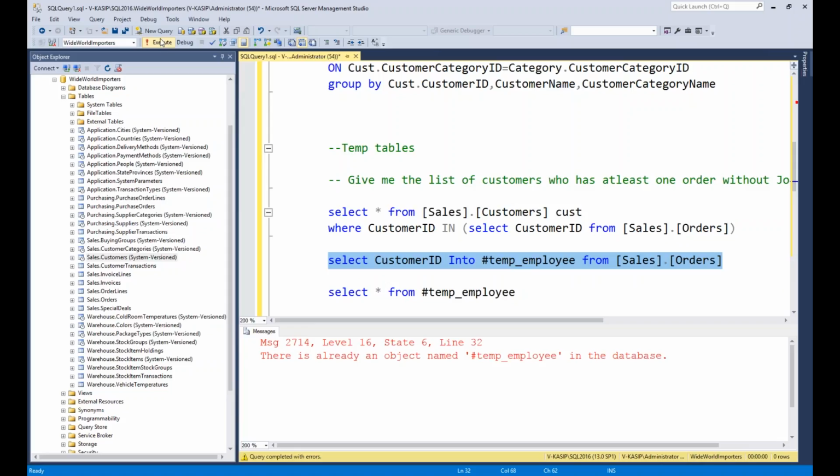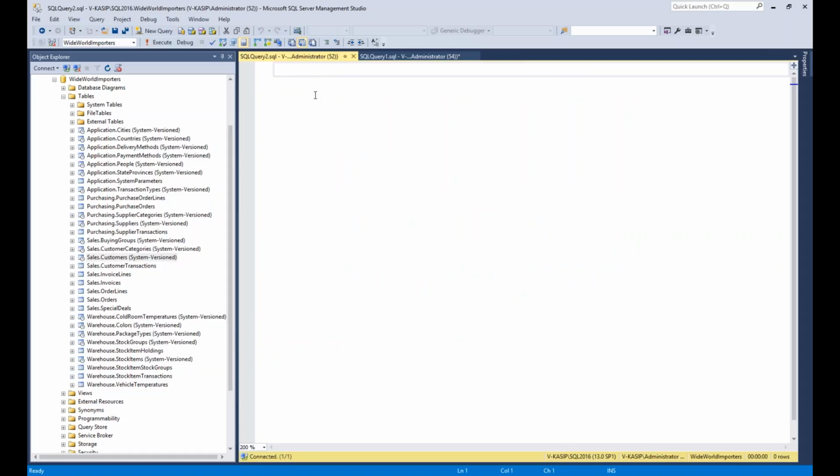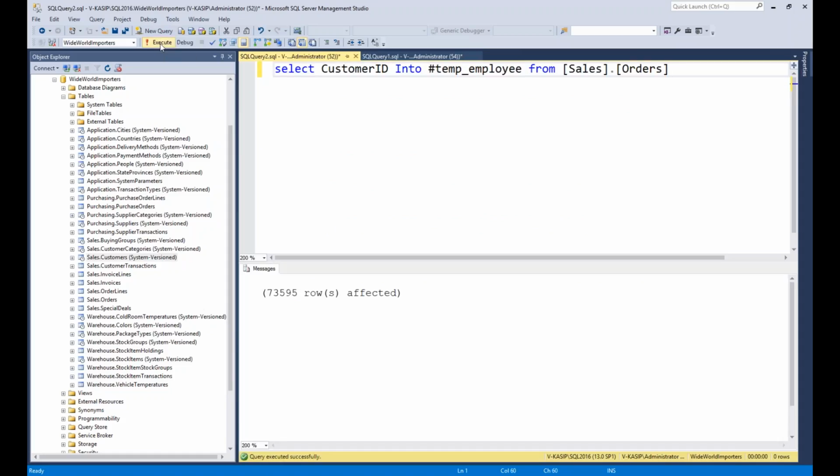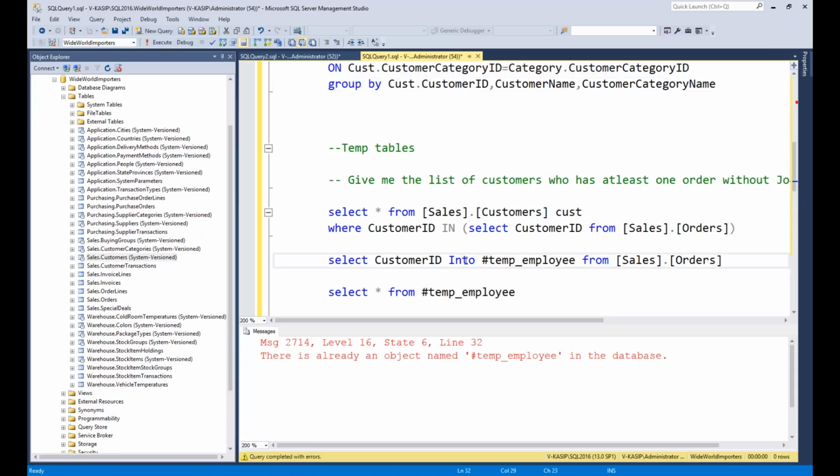Let me copy this one and go to a new query window. I pasted it here and executed it here. It succeeded in this window, but it failed in the other window, which means the scope of the temporary table is for that session or that window only, right?